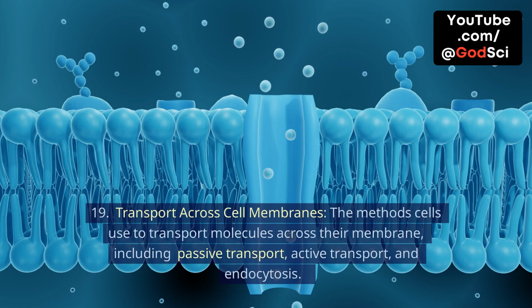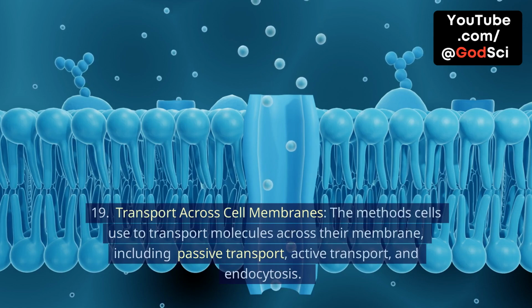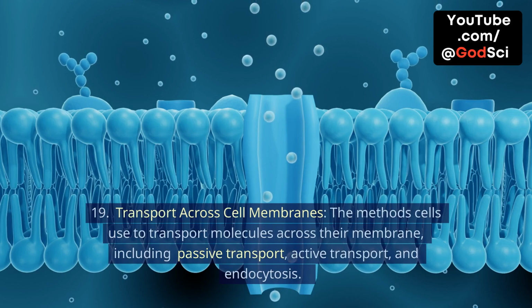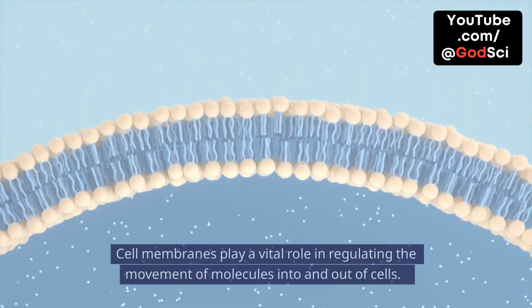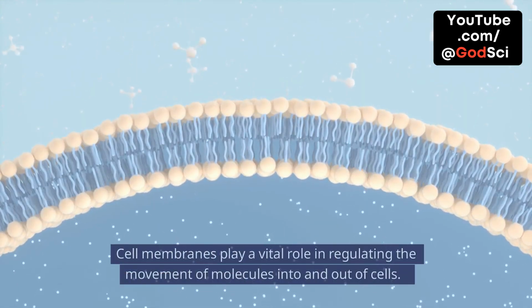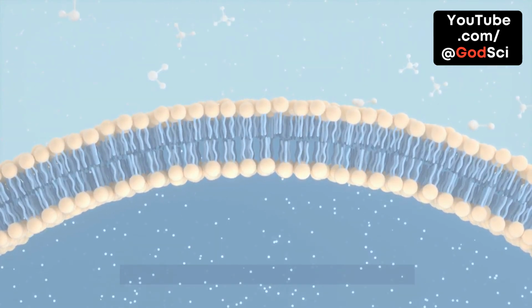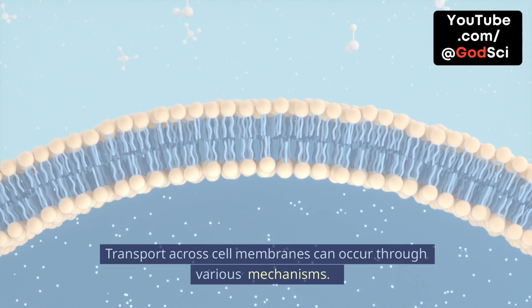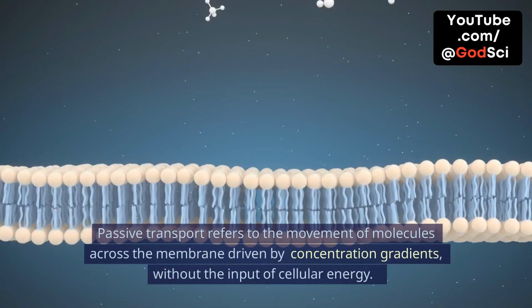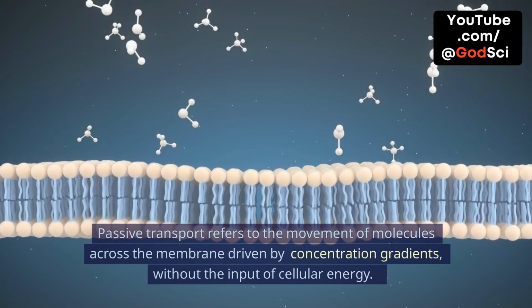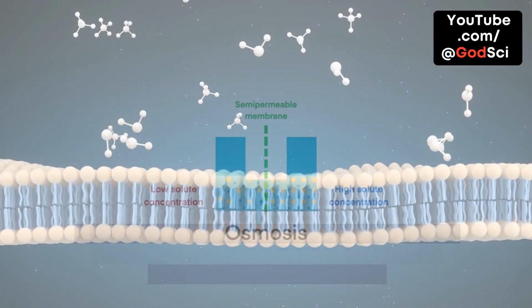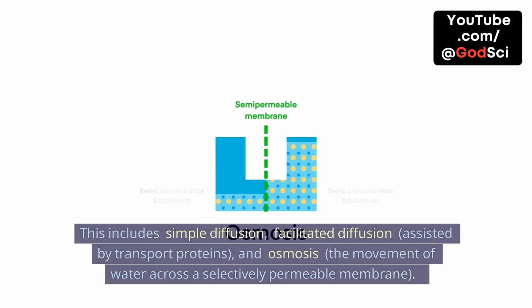19. Transport across cell membranes. The methods cells use to transport molecules across their membrane, including passive transport, active transport, and endocytosis. Cell membranes play a vital role in regulating the movement of molecules into and out of cells. Transport across cell membranes can occur through various mechanisms. Passive transport refers to the movement of molecules across the membrane driven by concentration gradients, without the input of cellular energy. This includes simple diffusion, facilitated diffusion, assisted by transport proteins, and osmosis, the movement of water across a selectively